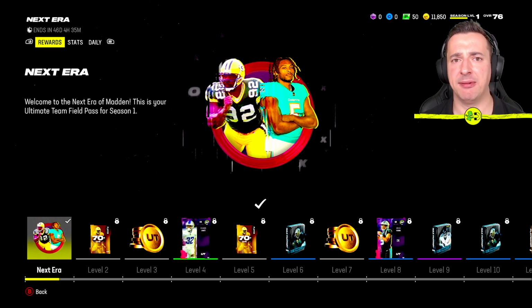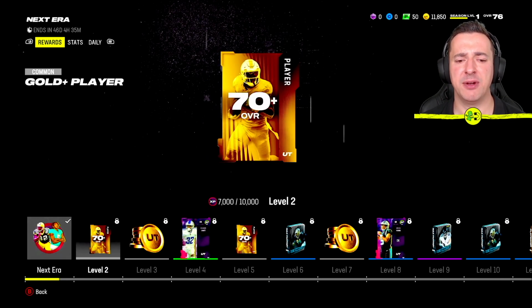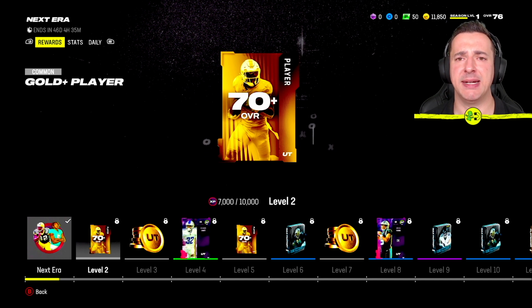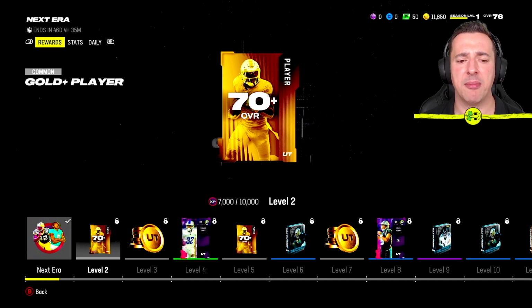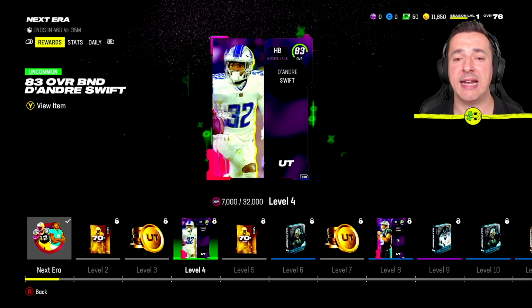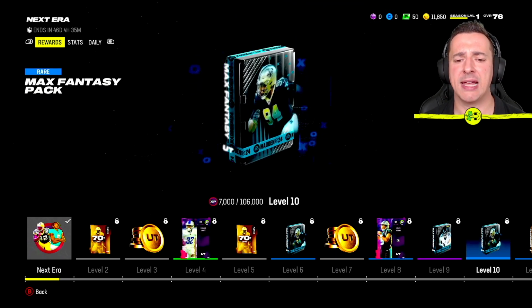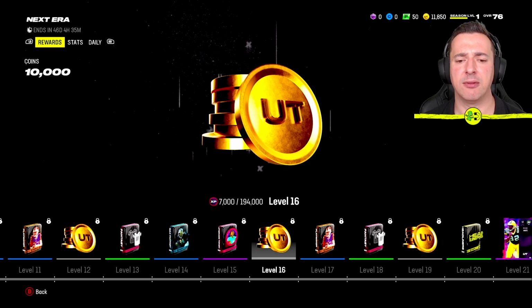So that XP that we were talking about that you earn, it relates to these. So I've currently, if I move to here, I've got 7,000 XP. So it's pretty early on in the game. But if I can get to 10,000 XP, I will win a player card, 70 plus overall player. Not a big reward there, but if I can get to level 4, I get an 83 rated DeAndre Swift. And of course, the more you play and the more XP you earn, the greater the reward as we go